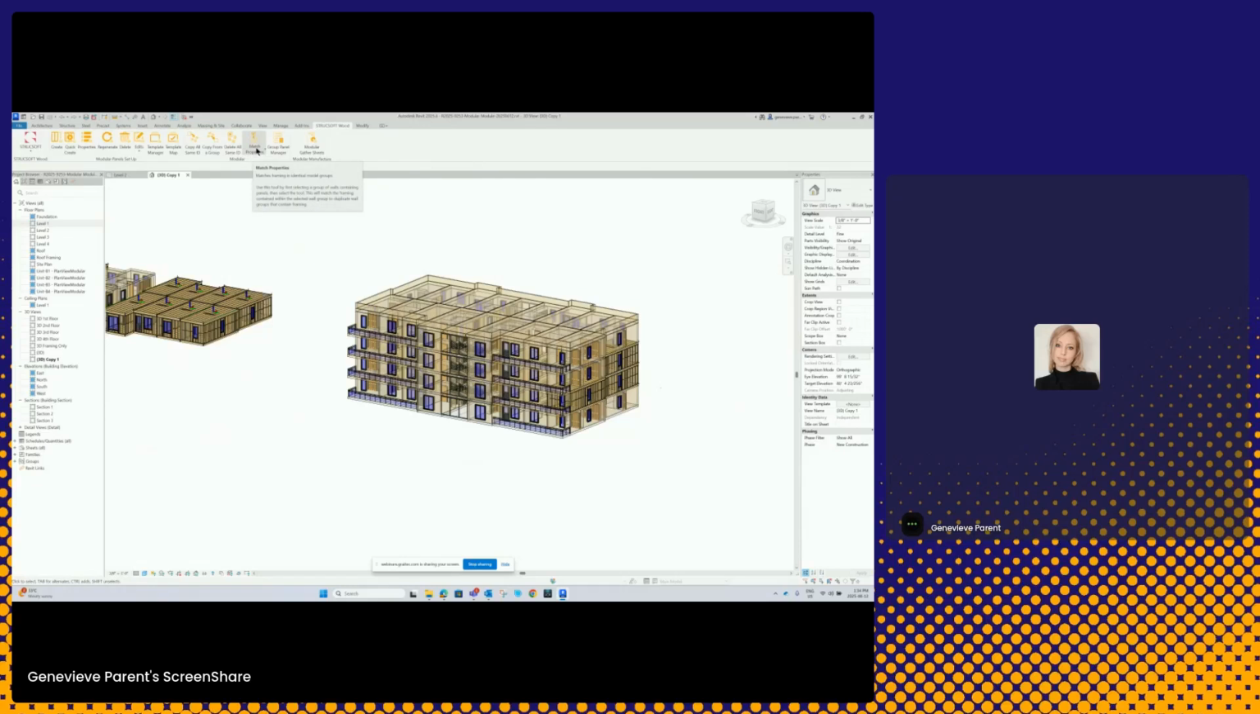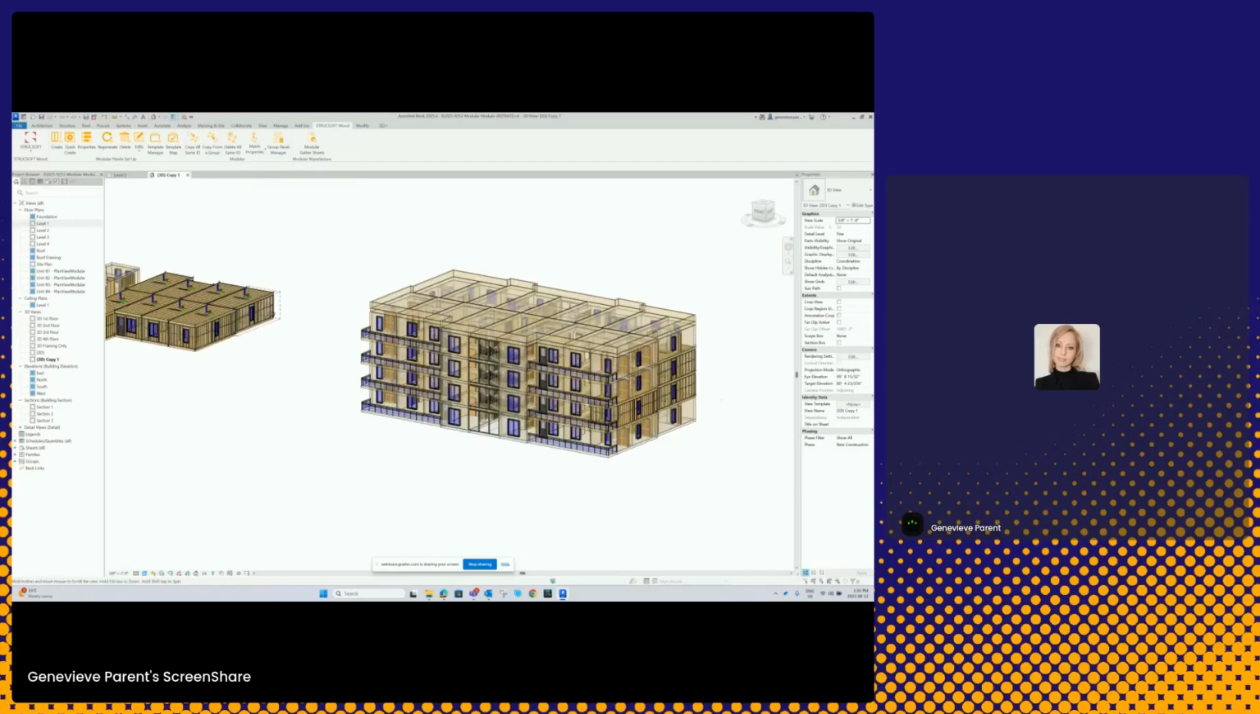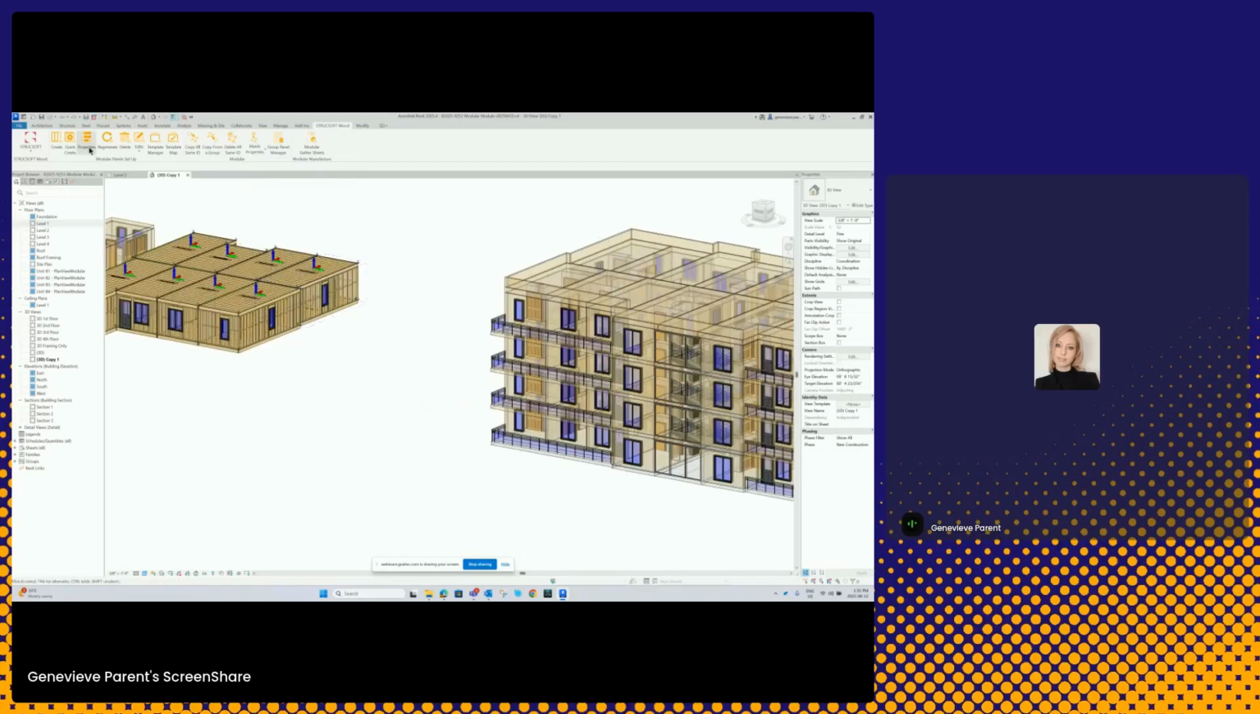So when it comes to matching the properties of a module, you use this tool by first selecting a group of walls containing panels, then select the tool. This will match the framing contained within the selected wall group to duplicate wall groups that contain framing. Okay, so it kind of works like our